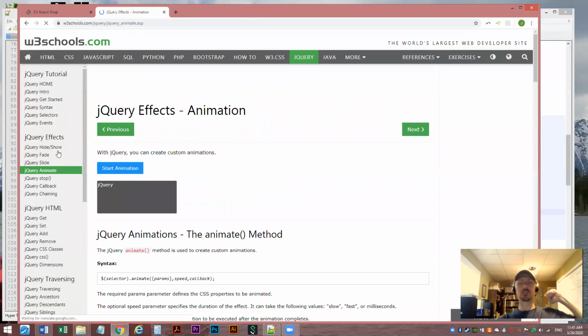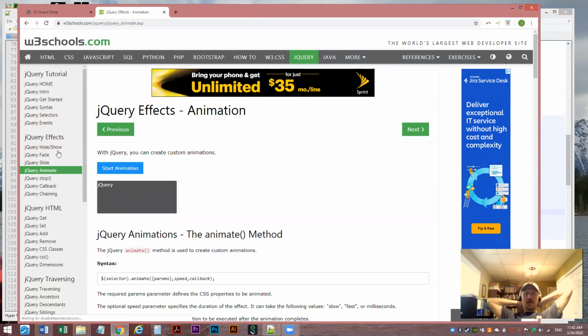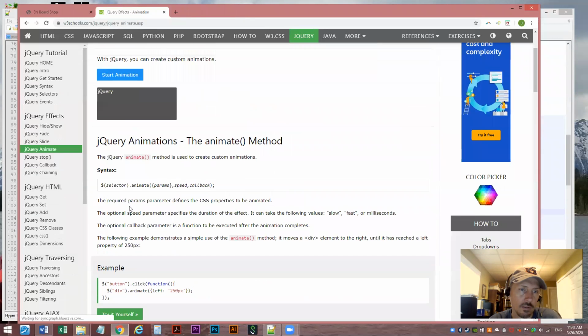And then also there's this animate function. You select something, then you call animate. And what animate gives you the ability to do is not just simply hide and show, but animate gives you the ability to explicitly define certain CSS properties, and jQuery will handle animating the change so that it goes from whatever the current property is to another one. And so, for example, here